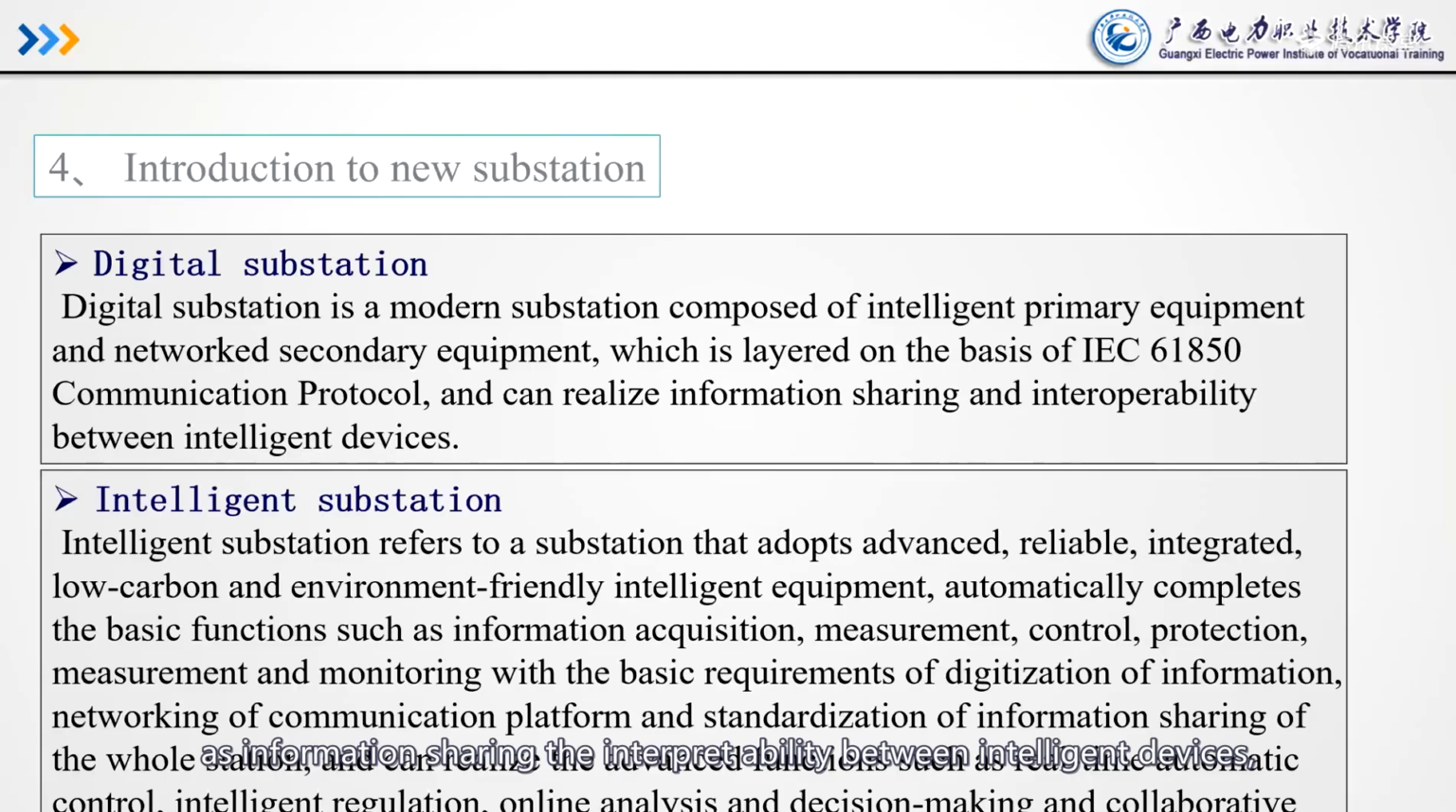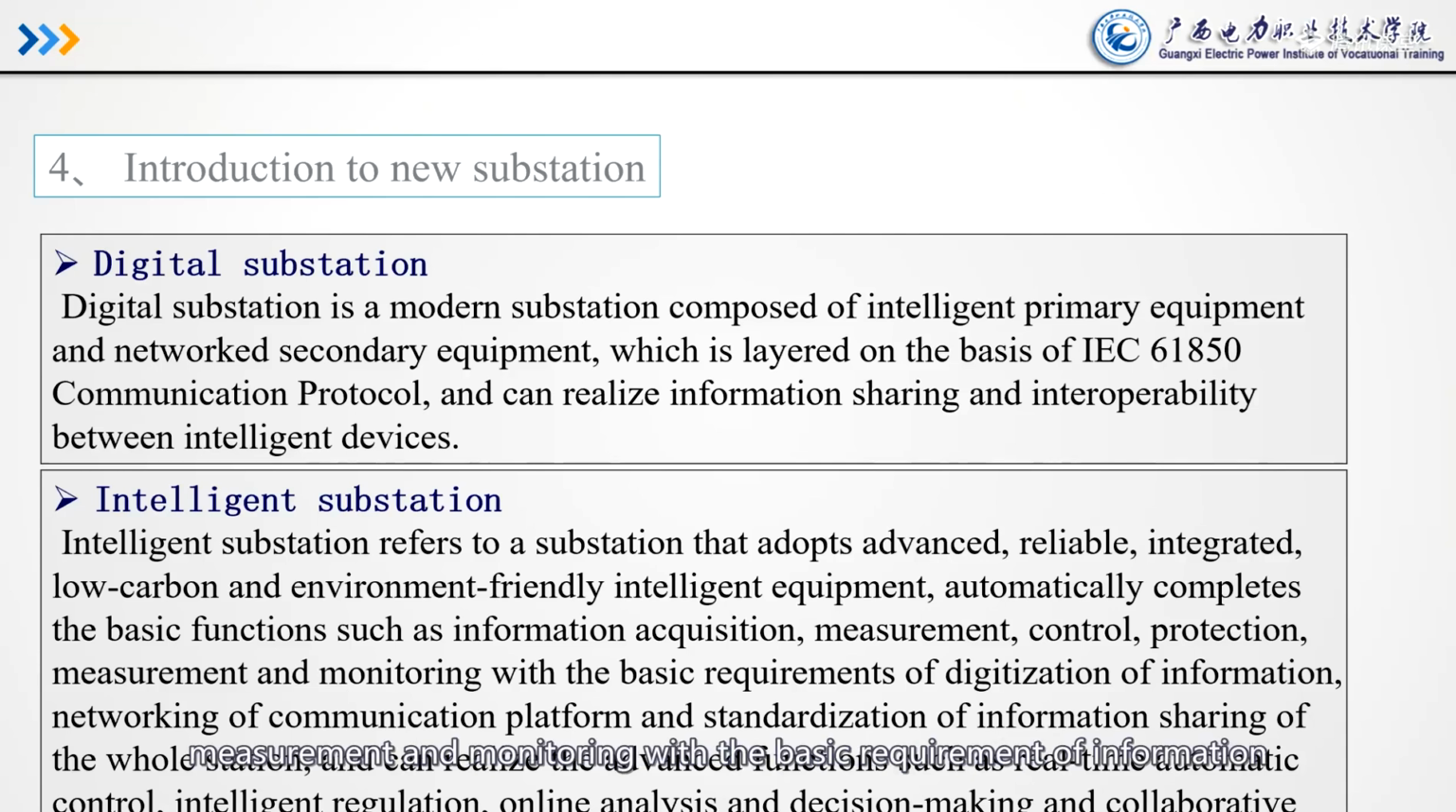Information sharing, the interoperability between intelligent devices. Intelligent substation. Intelligent substation refers to a substation that adopts advanced, reliable, integrated, low carbon, and environment-friendly intelligent equipment to automatically complete the basic functions such as information acquisition, measurement, control, protection, and monitoring,